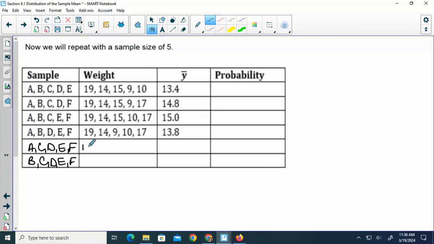The weight of A was 19, C is 15, D was 9, E was 10, F is 17. To get our mean, add those up and divide by 5, since it's 5 pumpkins. And we get 14. And if we leave off pumpkin A,